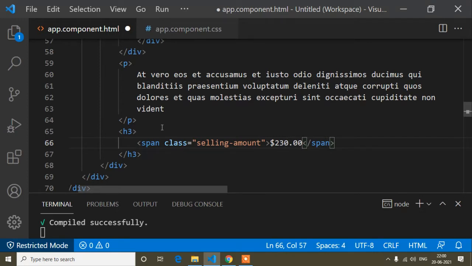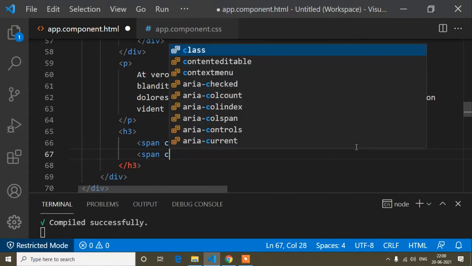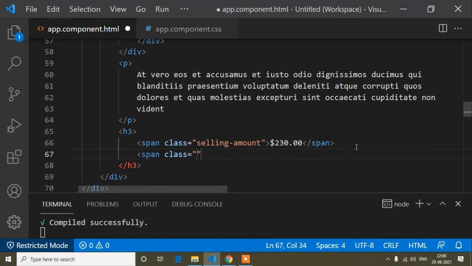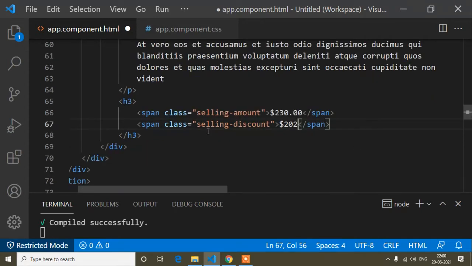Now I will write another span class, that is selling discount. Here I will write some amount which is actually discounted. Anything, here I am passing 202. You can pass any number here.